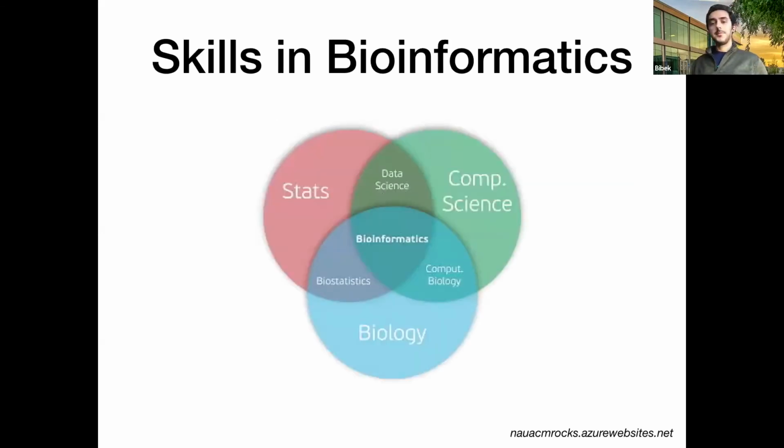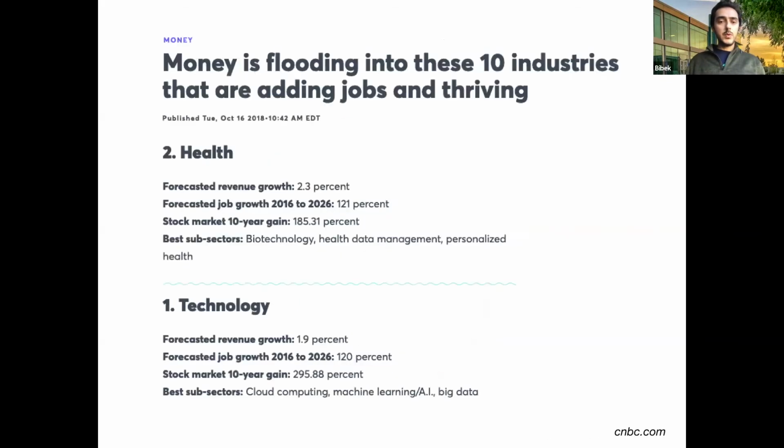So as I was just mentioning a while ago, the skills that you need to be a bioinformatician or a biomedical data scientist, it's the coming together of computer science, statistics, computational biology, data science, and these days even machine learning and AI, right? There is no limiting the field, because as science in general progresses, so does the scope of bioinformatics. And to look at how this field has been expanding with the advancement in science in the recent years, we can have a look at